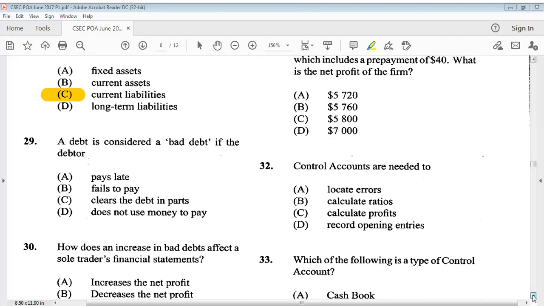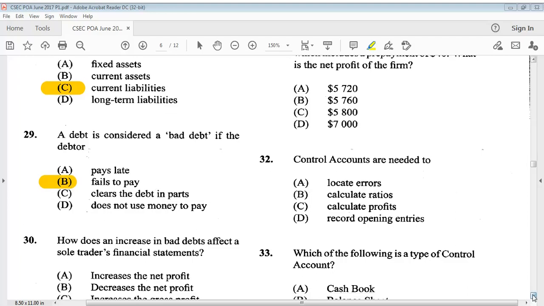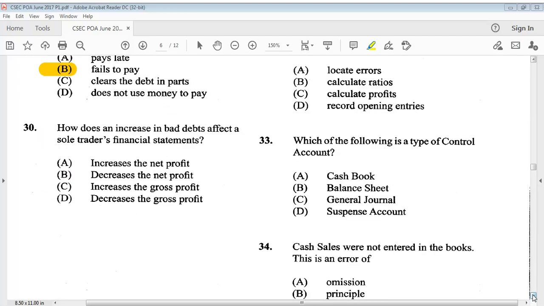29 says a debt is considered a bad debt if the debtor, what would be your answer? If a debtor fails to pay. So B would be our answer. 30 says, how does an increase in bad debts affect a sole trader's financial statements? Is it A, increases the net profit, B, decreases the net profit, or C, increases the gross profit, or D, decreases the gross profit? We know it is B, decreases the net profit. Let's go on to